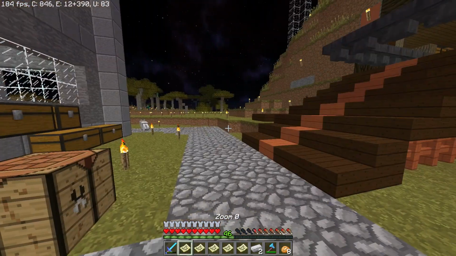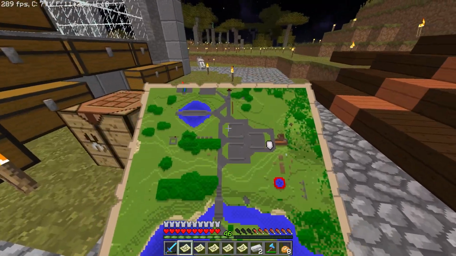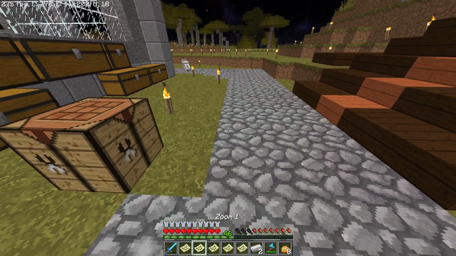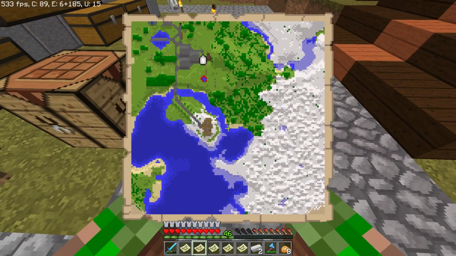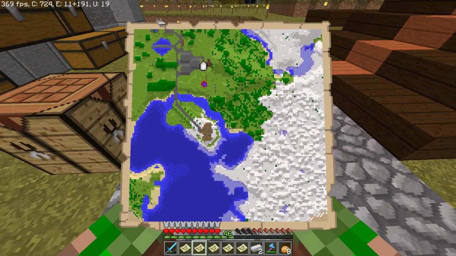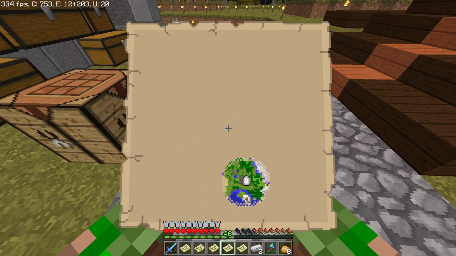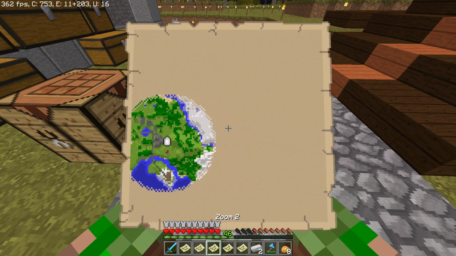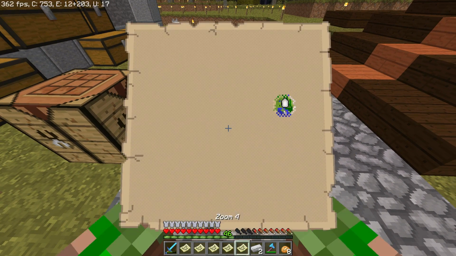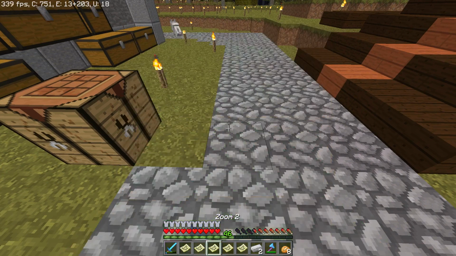So just look between them all, we have zoom 0, so that's just a 1-to-1 map. Zoom 1, so that's it zoomed out 1. Zoom 2, which of course you haven't done around yet. Zoom 3 and 4. Do you know what I think might be worth